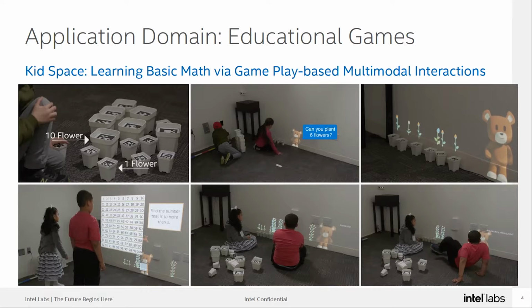So here we had a number grid on the wall again. And our virtual agent, Oscar, the teddy bear here, is asking a certain set of questions. It's an achievement-based, gradual achievement game. After they correctly answer 4 consecutive questions, water will come up from the number grid and the flowers will grow. So that's the magic effect, and kids really love it.